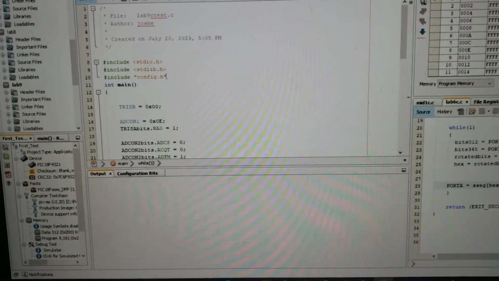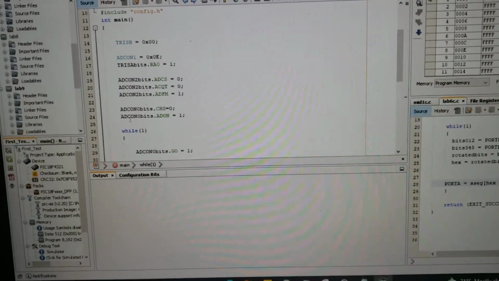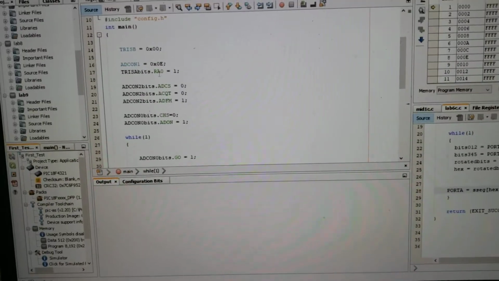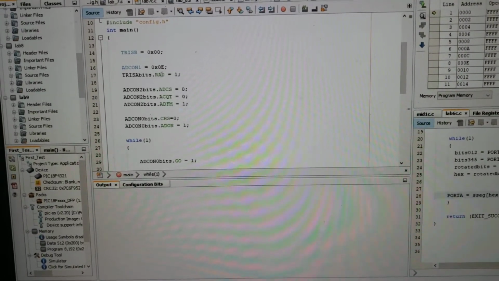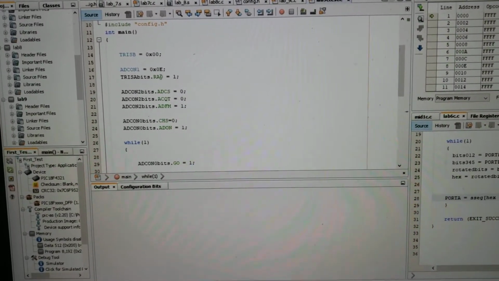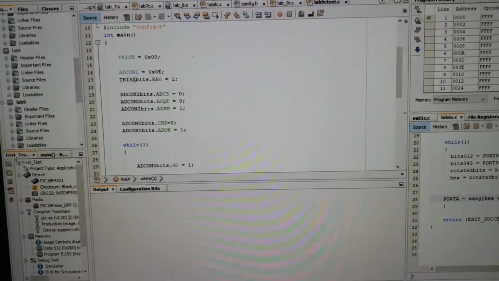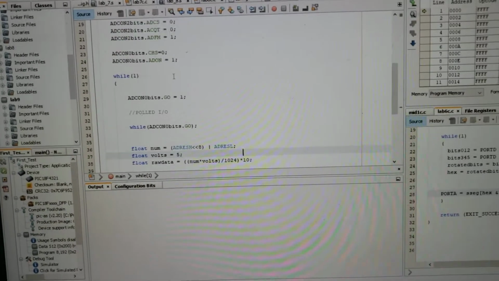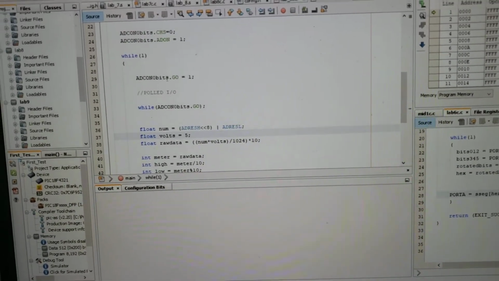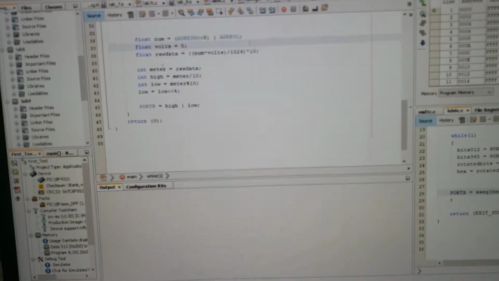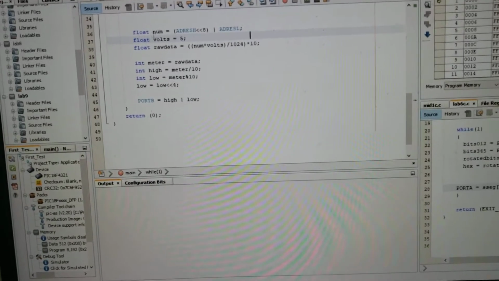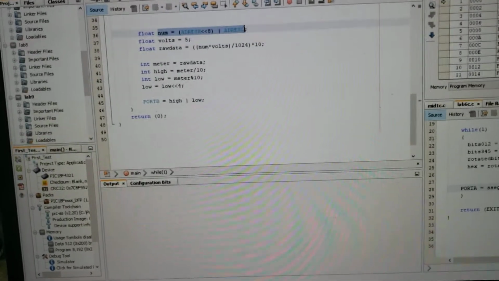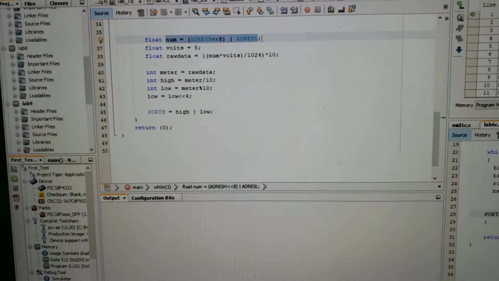I have the config.h set up. I have a lot of just kind of default stuff set up for RA0, so I'm pulling in from analog 0, just setting it up so that it's in tri-state A, setting up my output tri-state B. I'm enabling the conversion, and while that's running, I'm using the formula that you had to get our raw data out of our